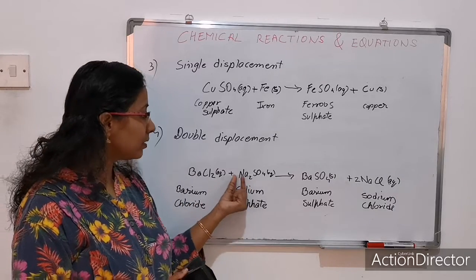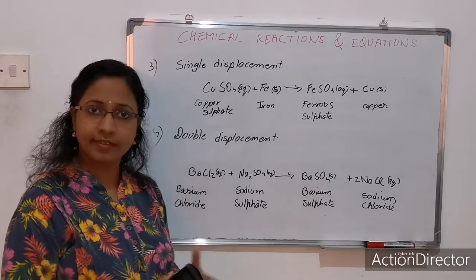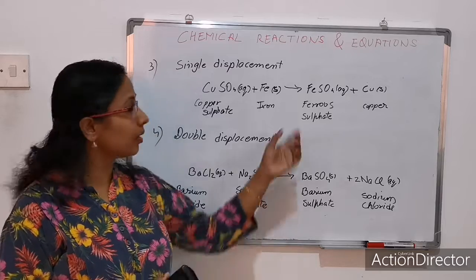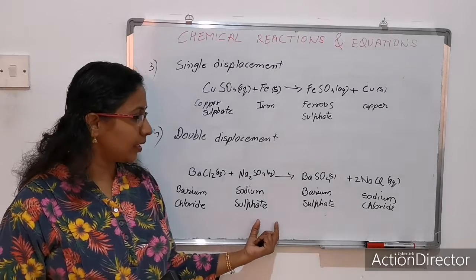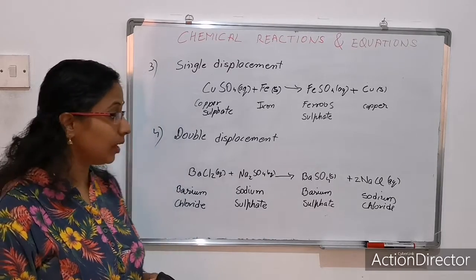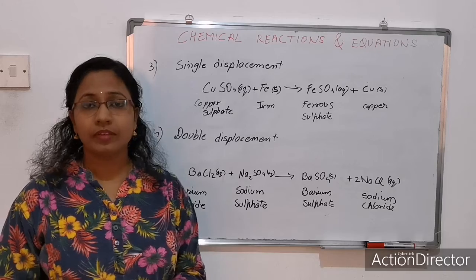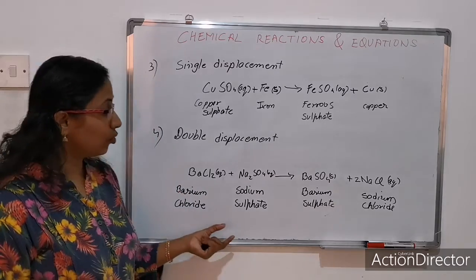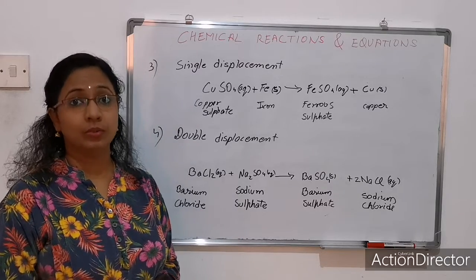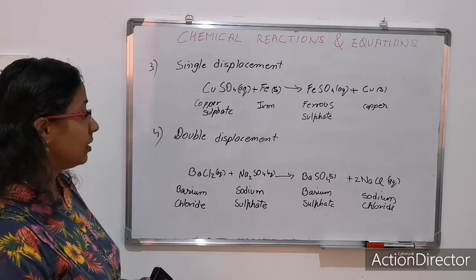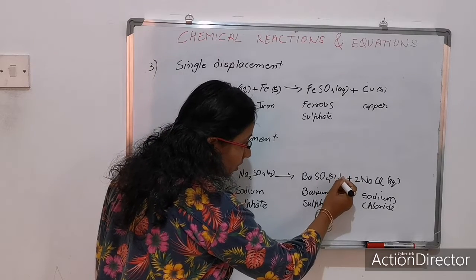So BaCl2 plus Na2SO4, Na takes the Cl2 and Ba gets SO4. When two compounds are merged, we had BaCl2 plus Na2SO4 gives BaSO4 plus NaCl. Okay, this is a balanced equation with the states written, aqueous. Now, I was always telling, one equation can be used for two things, right? This equation can also be used for two things.